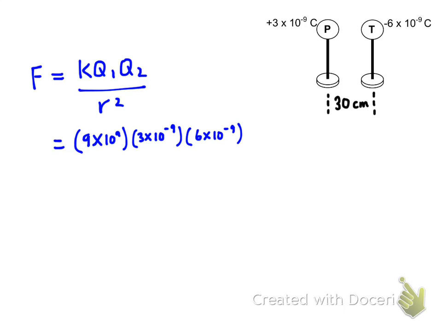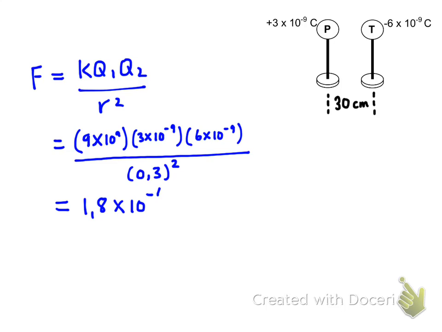Q2, 6 times 10 to the minus 9, that's the value of charge on sphere T, and again notice that we haven't included the minus sign. And we divide that by r squared. The distance between their centers is 30 centimeters, so that's 0.3 meters. Notice I've changed that, and don't forget to square it. And if you work that out, it gives you a force of 1.8 times 10 to the minus 6 newtons,